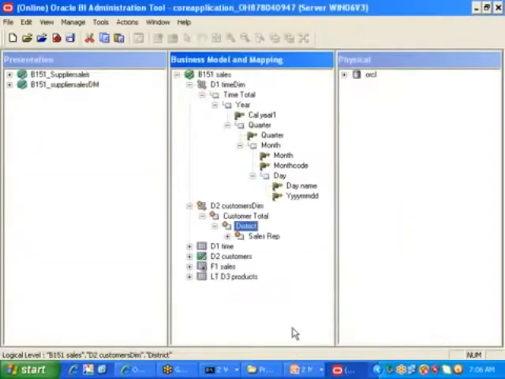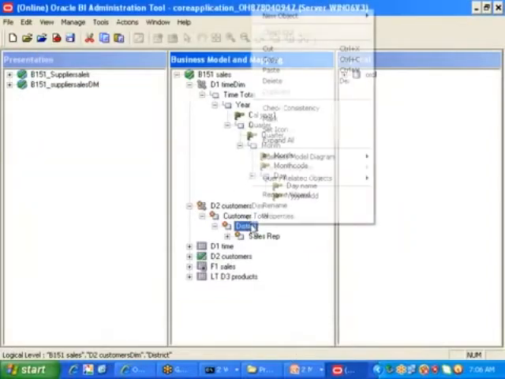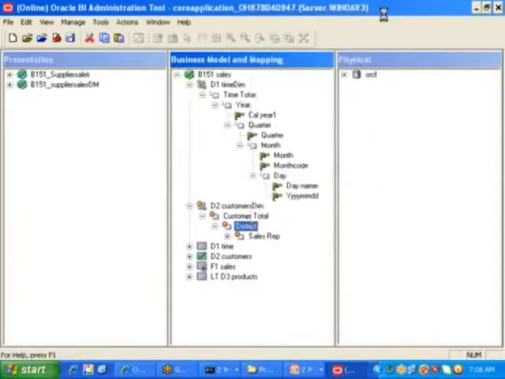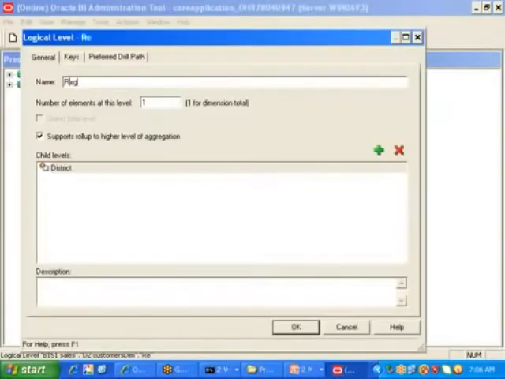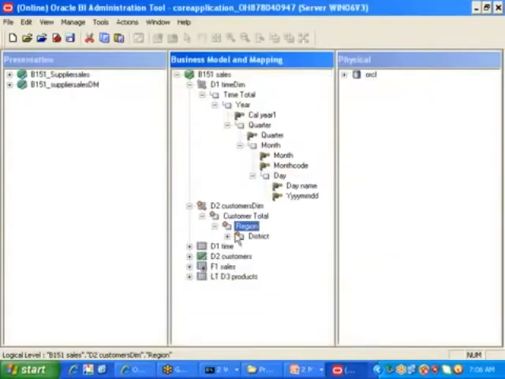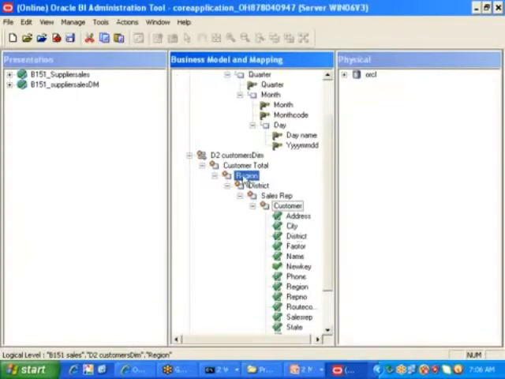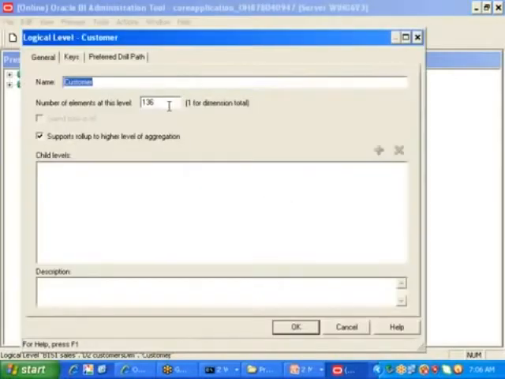Next to district is the parent level, region. Here I am giving, let us say, 25. So I am making sure the levels are in increasing order. Here I gave 25, here 50, here 100. Here I am supposed to give more than that, and I already have that.